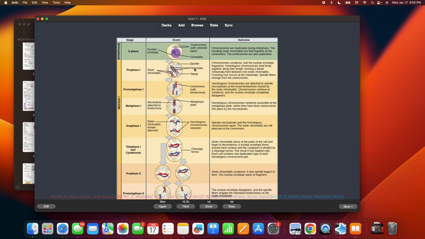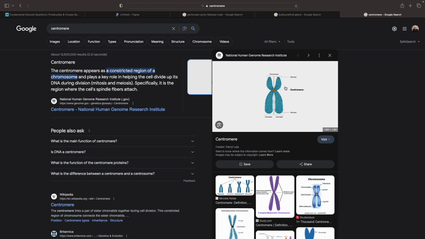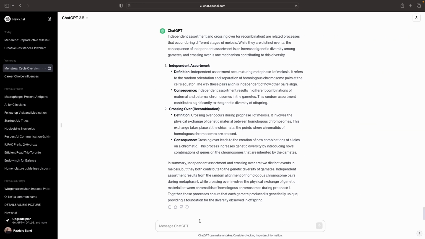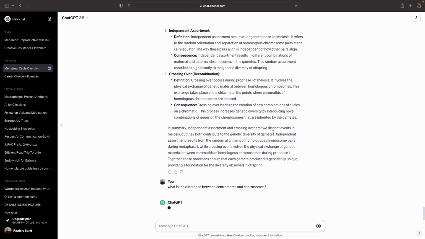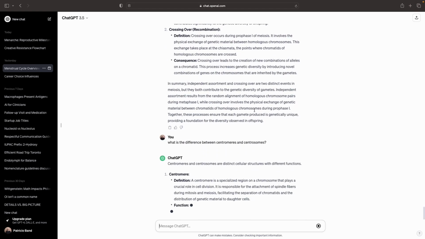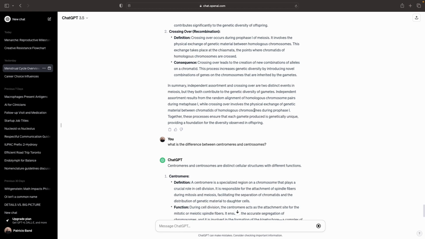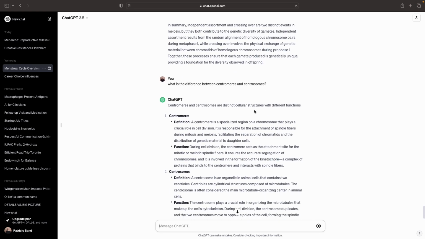Chiasmata is here. Okay, wait a second. So centromere is here. And what is a centrosome? What is the difference between centromere and centrosomes? We expect that the centrosomes be the 2 chromosomes, right? But centromere